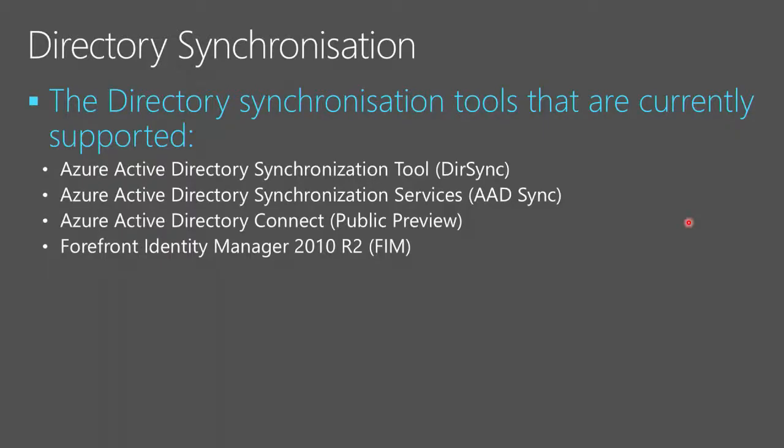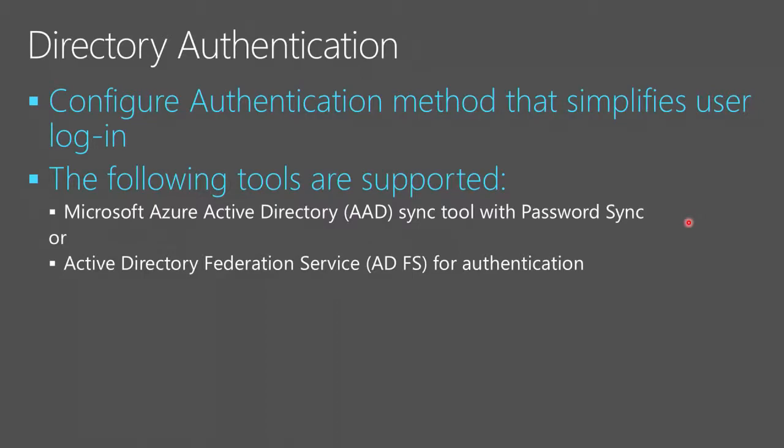and creating automatically that entry in an online world inside Azure Active Directory. Then there is another business which is called directory authentication. It is very, very simple. If I'm logging into Skype for Business online services, where do I want my authentication to happen? Do I want it to happen online using Azure Active Directory, or do I want it to authenticate against on-premise deployment? So purely based on your requirement, you can either use Azure Active Directory sync tool, which has capability to